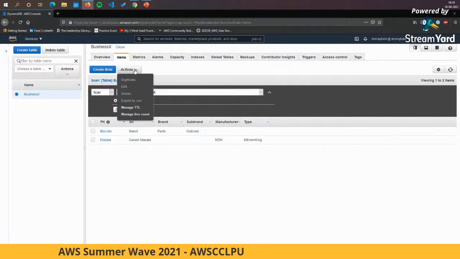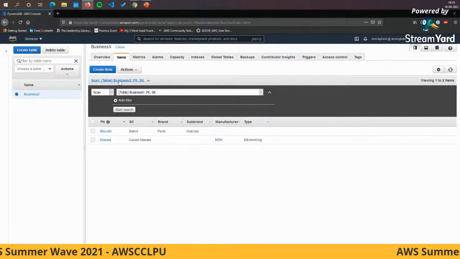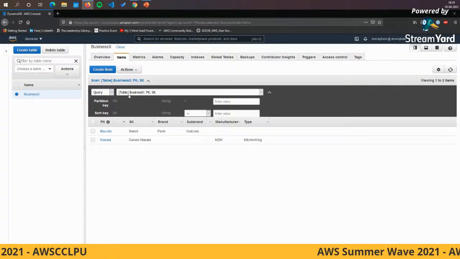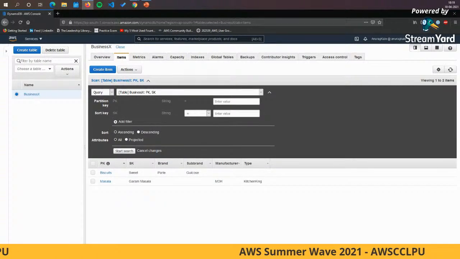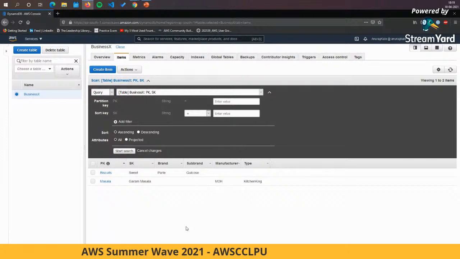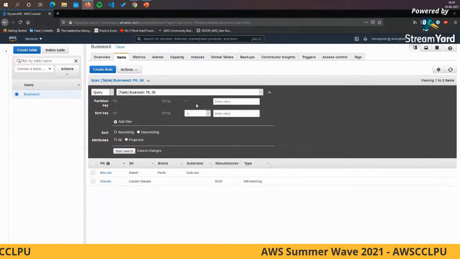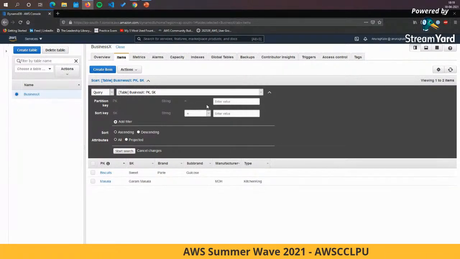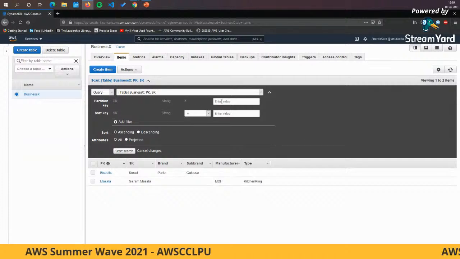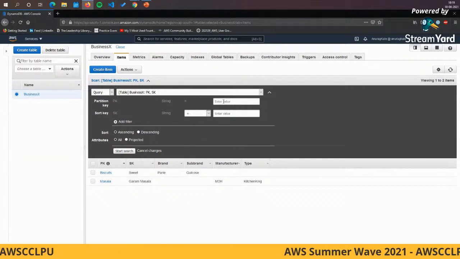Let's say I do an action and I want to query this database. Of course, when you're writing these queries, you're not going to write them on the console. In the application, you do it via the SDK or the methods of the particular language that you're using, where you can specify. Here you see, you have to specify every time the partition key from where you want to fetch the data.